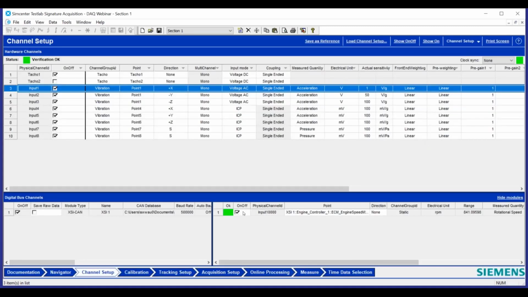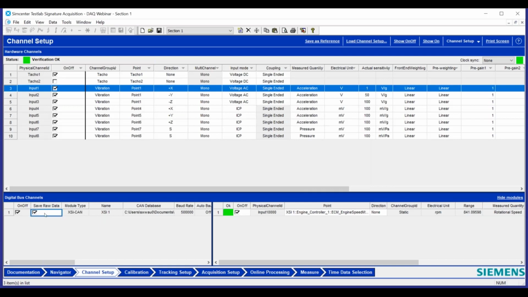So we go back to channel setup and we can see what we turned on. We selected the RPM signal, the engine speed. One thing I want to show you here, this digital bus under digital bus channels is raw data. If you turn this on, what this is basically doing is saving the entire CAN stream. Where this can be useful is if you don't have a DBC file or you have a DBC file that isn't very complete, you have some other channels that you would like to have, but you don't have any of the output signal information, scale factors, offset, so you really can't read it.